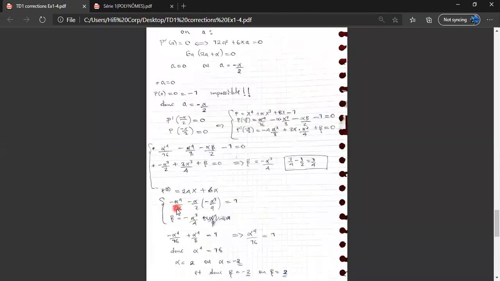So if we found the value of beta, we go to our first equation where we had our beta. The first equation here, remember beta here, we'll come and replace our beta with the value of beta, so that we have the same constant here. So what are we going to have? We simplify this so it will have the same powers. When you simplify it, it's going to give us negative alpha^4 over 16